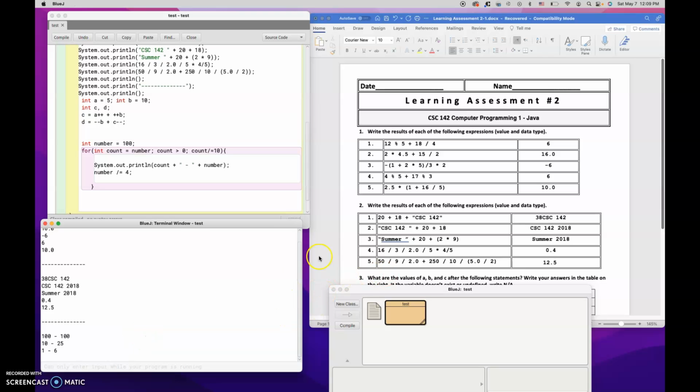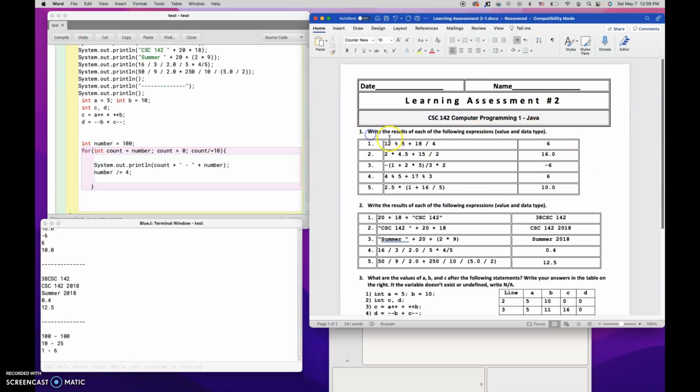Hello everyone. Today we're gonna talk about learning assessment number 2 for computer programming 1 Java. We're gonna start with these 5 expressions. We're gonna explain how we're gonna do the math and which operator comes first in order to have the correct